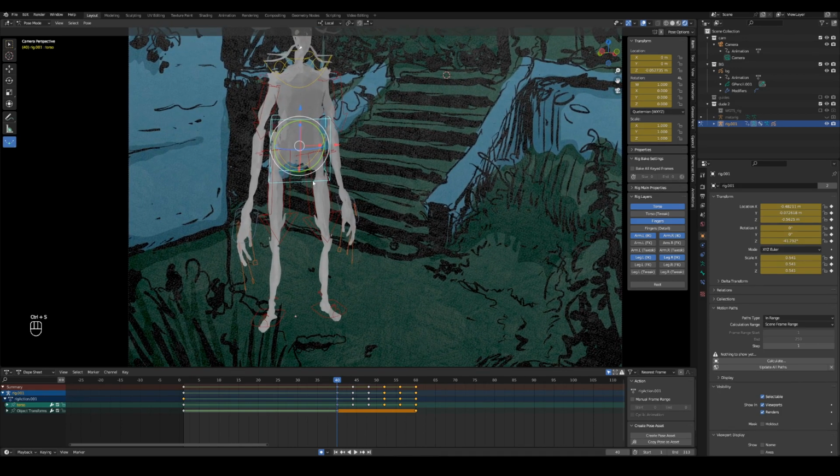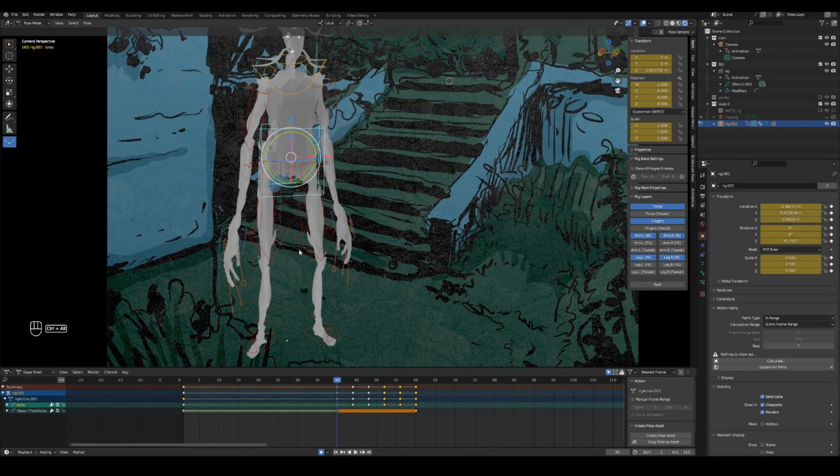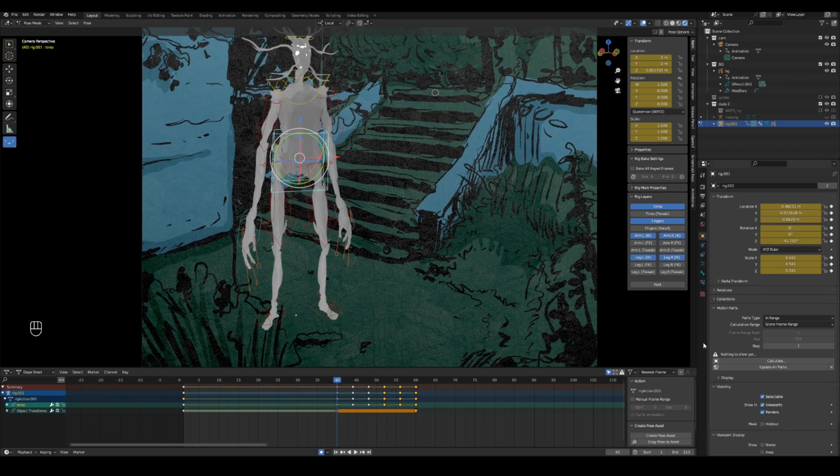So basically I want to select this base bone of my character, and I want to calculate the motion path,